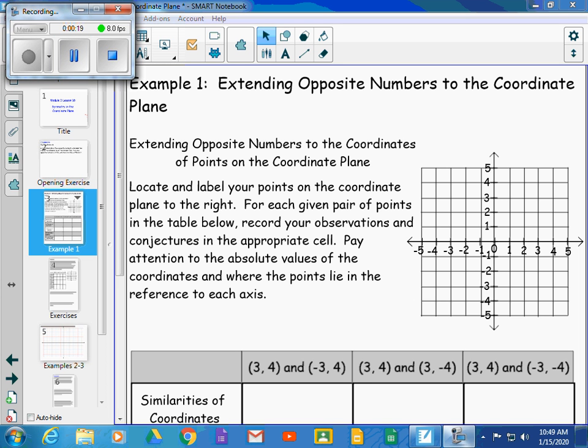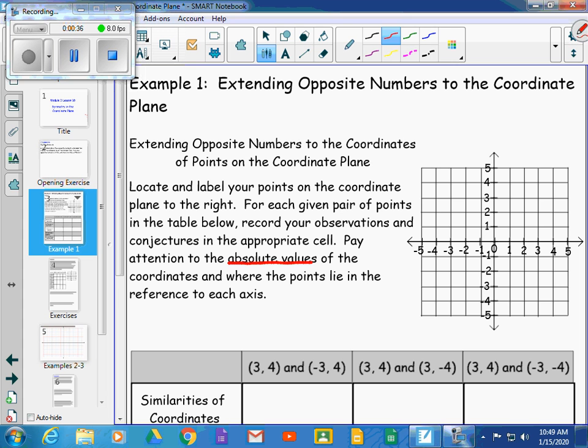The directions say locate and label your points on the coordinate plane to the right. For each given pair of points in the table below, record your observations and conjectures in the appropriate cell. Pay attention to the absolute values. I want you to underline that. You want to pay attention to the absolute values of the coordinates and where the points lie in reference